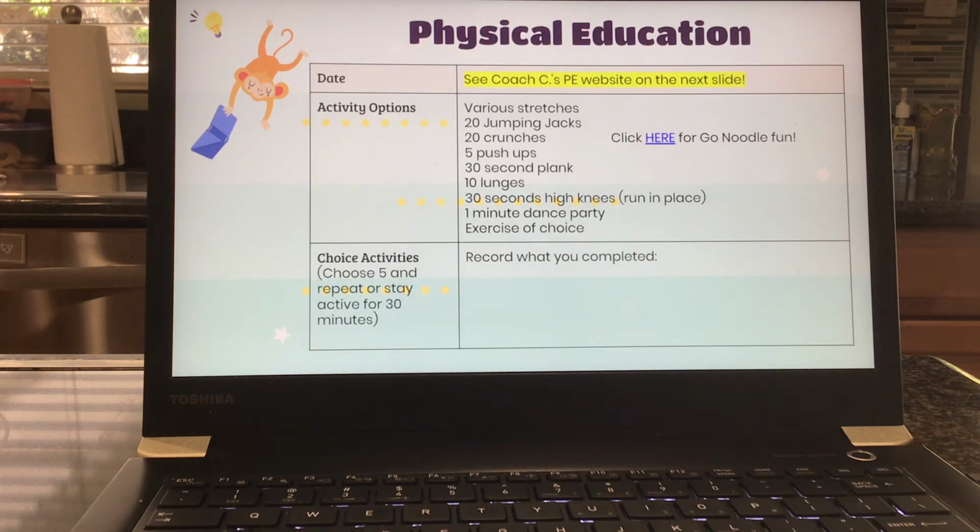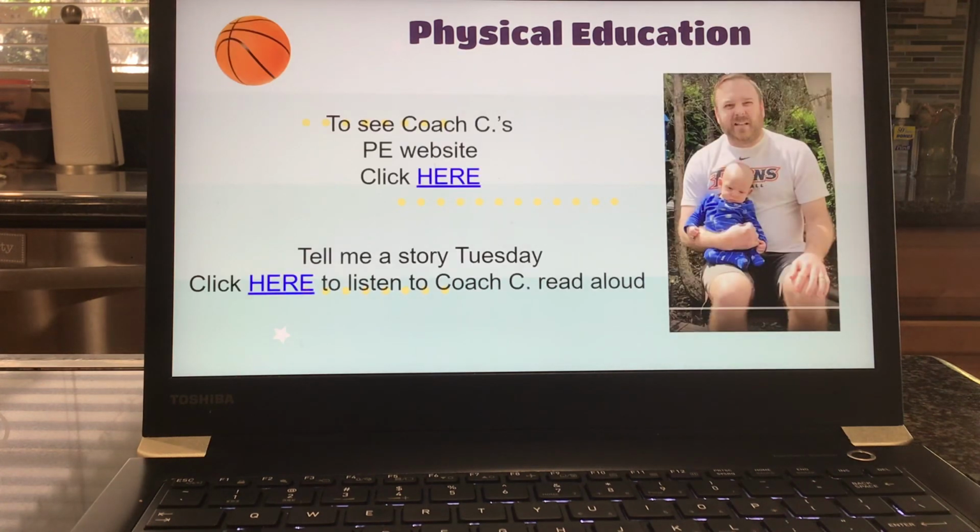PE today, I just gave you some choices there. You also can always click on Go Noodle and have some fun with that. Coach C's website is on the next page. And I put a little picture of his newborn son there. That's Nolan, super cute. And also, Coach C is reading a story today. So Tell Me a Story Tuesday. So you can click on the bottom to hear Coach C's read aloud, click on the top to see his website, and participate in some